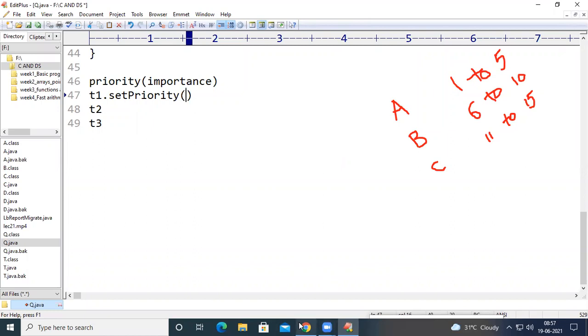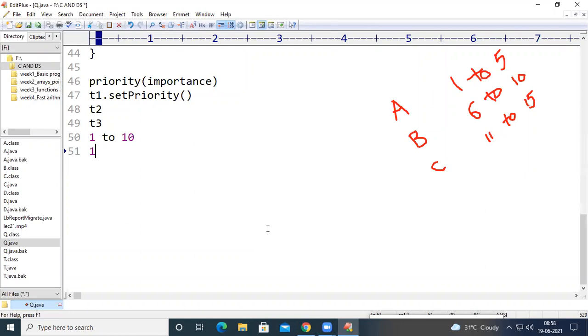That integer value may be from 1 to 10. We are allowed to pass only one value between 1 and 10.